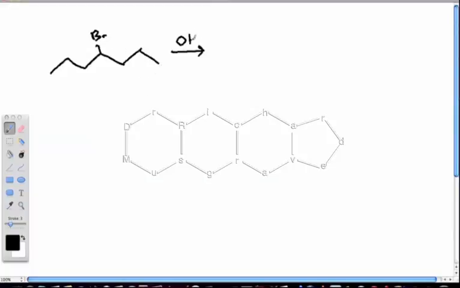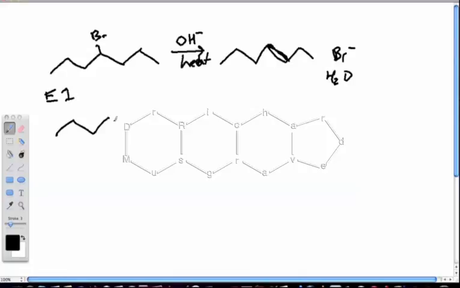So we're using OH- and heat, and the product will be this, and we'll have Br- and water as byproducts. So looking at the E1 mechanism,